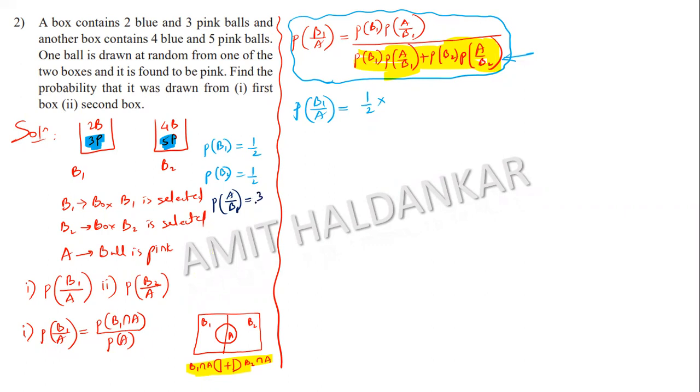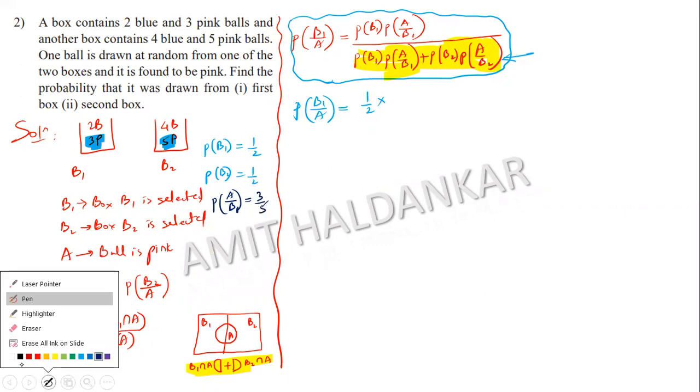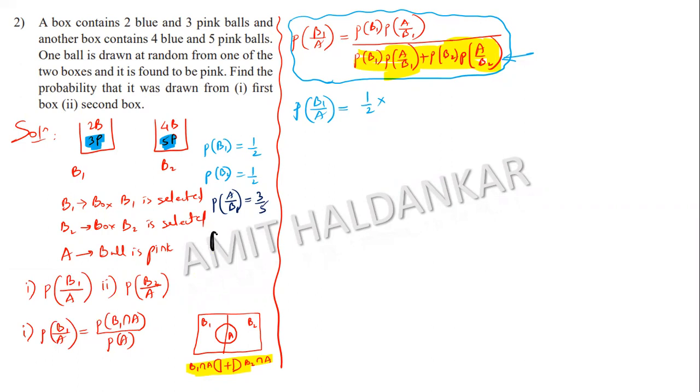That is 3 by 5. And the probability of A upon B2, that is getting a pink ball from the second box, is 5 out of 9. Now I'll substitute the values over here. P of A by B1 is 3 by 5 divided by,